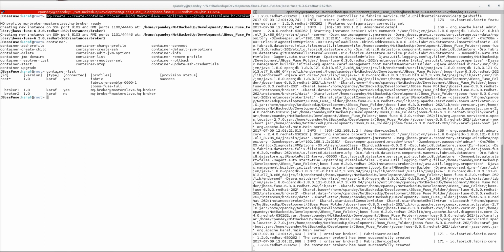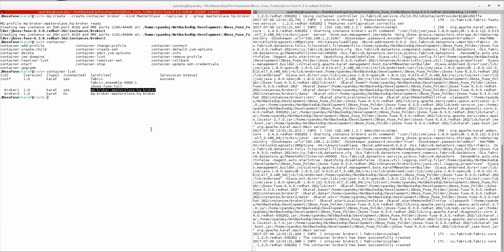Whichever container this profile is assigned to, that container will act as a broker. A child container is just a container if this profile is not applied. Once this profile is applied to it, that container becomes a broker.